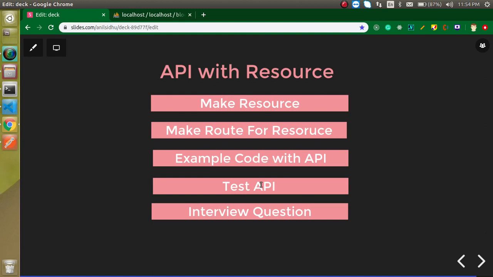So our first question is what are resources in Laravel. A resource basically reduces your work, and you can save lots of time. What it will actually do is create some functions inside the controller automatically. Let's say you want to create a CRUD operation. You want to get a list of the data, save data, update data, and delete data, right? For these 4 or 5 functions, a resource automatically creates them, and you need to create only one route for all these functions, right? So let me show you an example so that you can relate to it, and after that we will make an example.